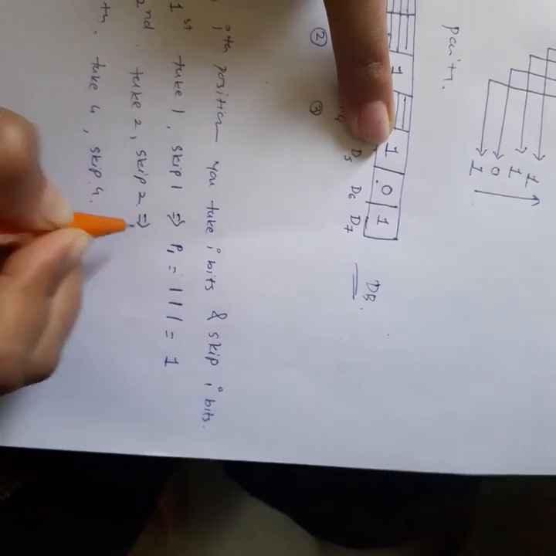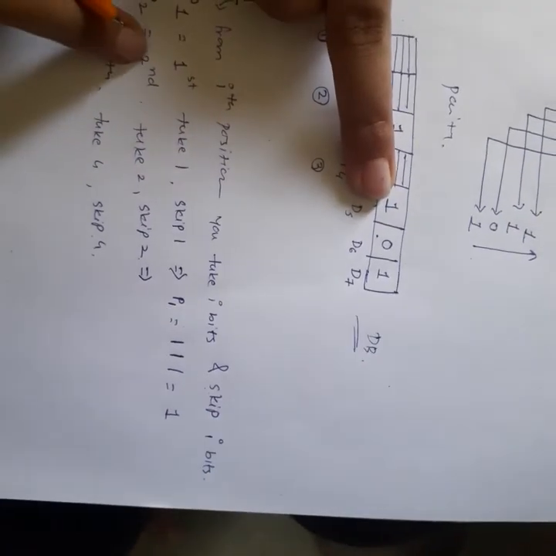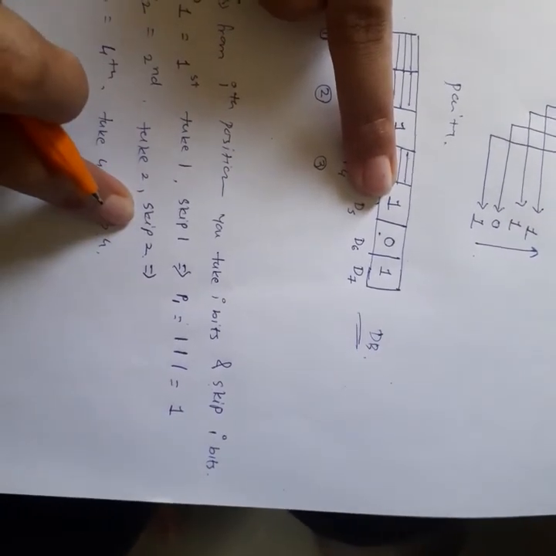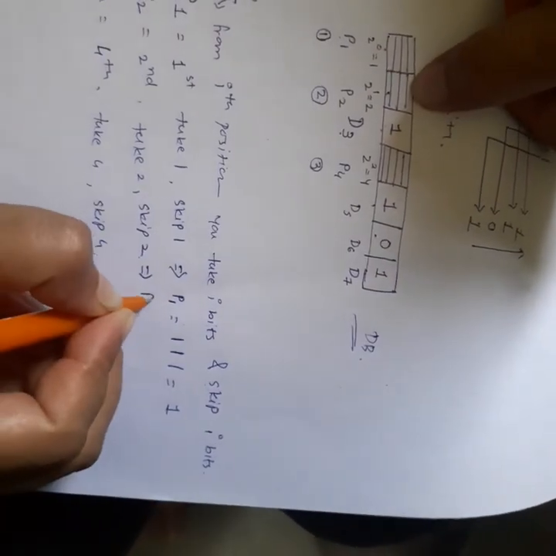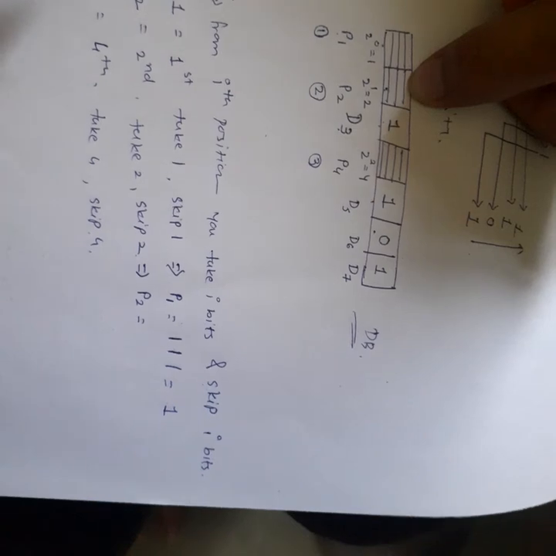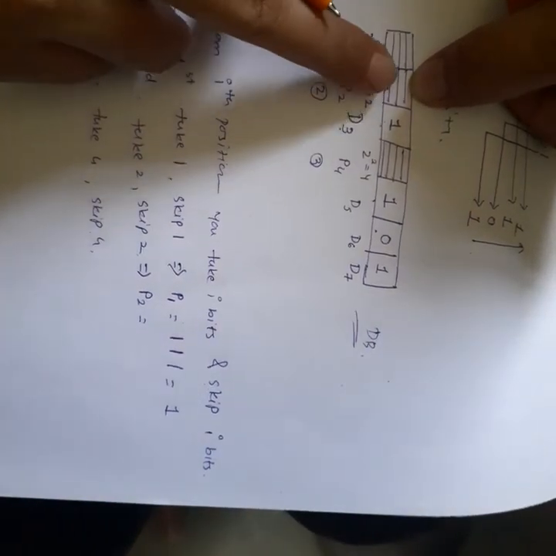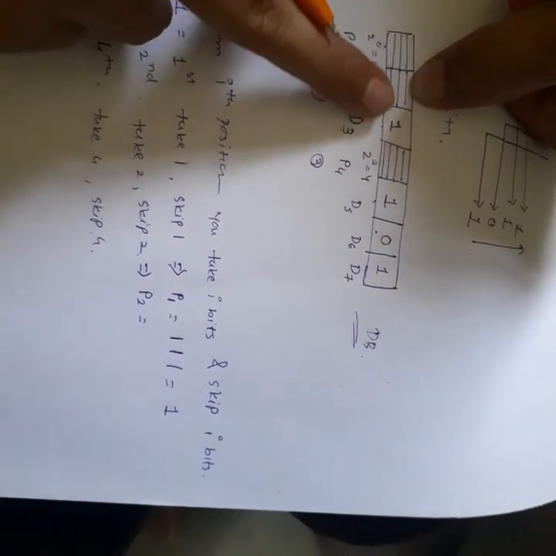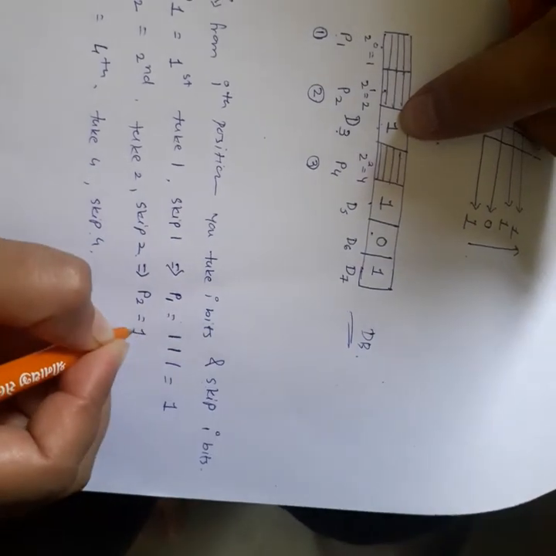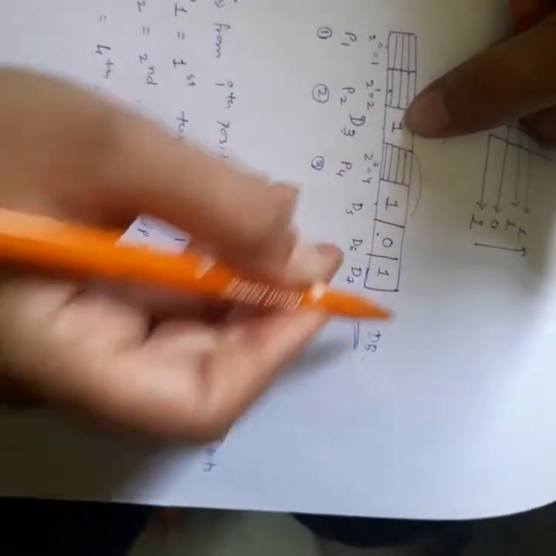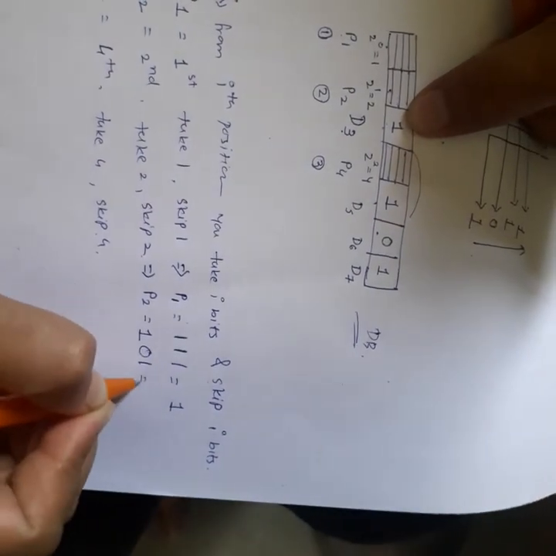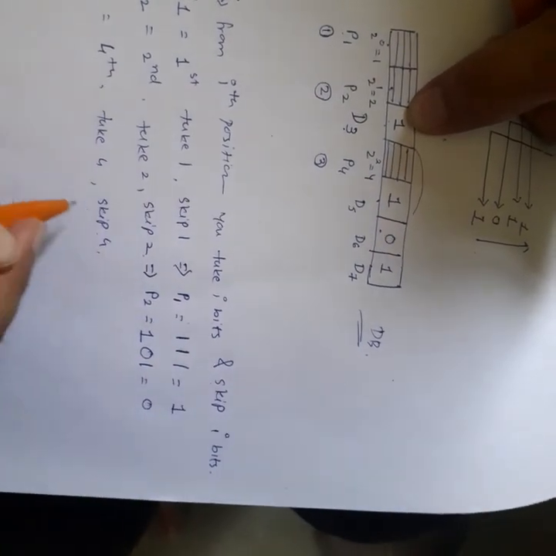Now let us calculate parity number 2. So from the second position take 2, skip 2. From the second position, right, from this take 2 and skip 2. We do not know the parity 2 value, right? So take 2 bits. One bit we do not know its value, and then take 1 value, and then we skip these 2 values. Let us skip it and consider the next 2 values. 0 1 having an odd number of 1s, so it has value 0.